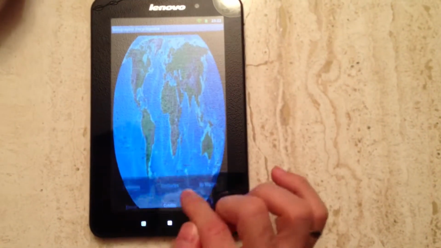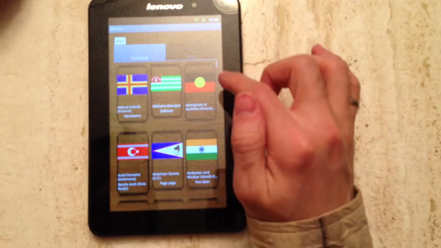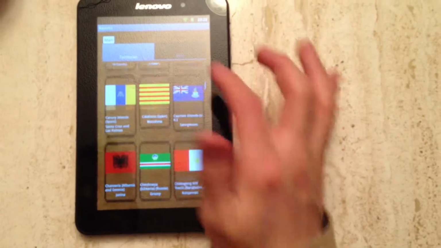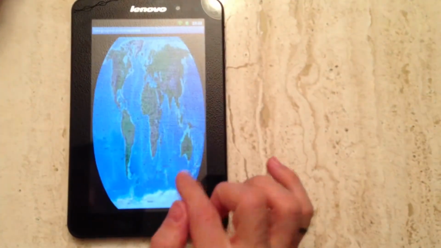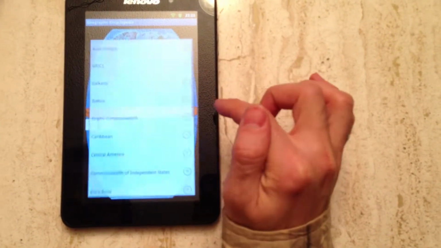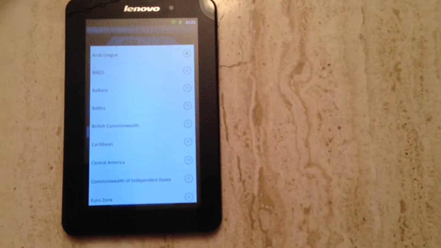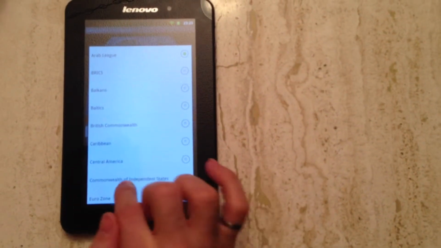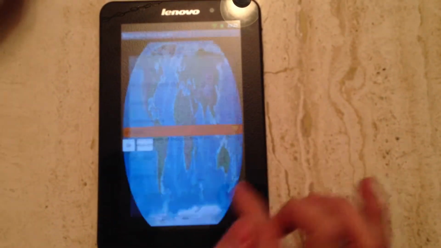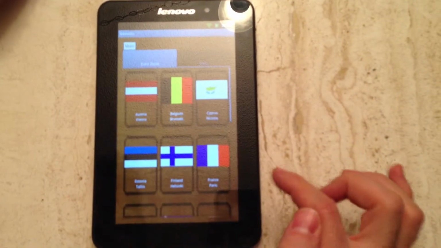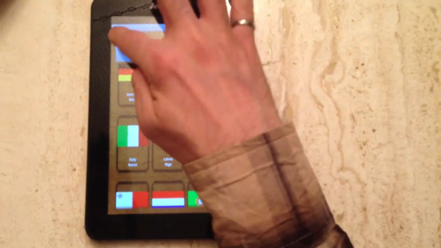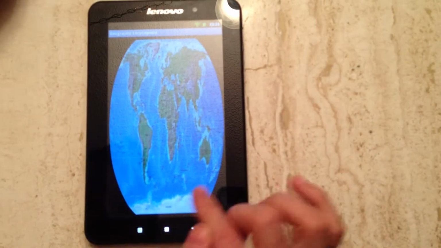If we go back and let's choose territories, so these are all the areas of the world that belong to other countries. There's quite a few. If we go back by region, there's many regions that we have. There's a very long list: Arab League, British Commonwealth, Commonwealth of Independent States, the Eurozone, for example. These are all the countries in the world that use the euro as a currency. If we go back,